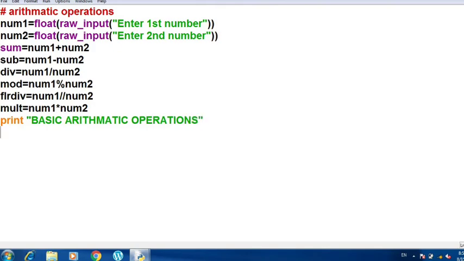Now I'll write here print, okay, sum equals to, this will be printed as it is and the value of the sum will be taken from the variable sum. Alright, why this sum is highlighted? Because this is a reserve keyword. Let me take the variable su for sum, otherwise it is going to give me the error.